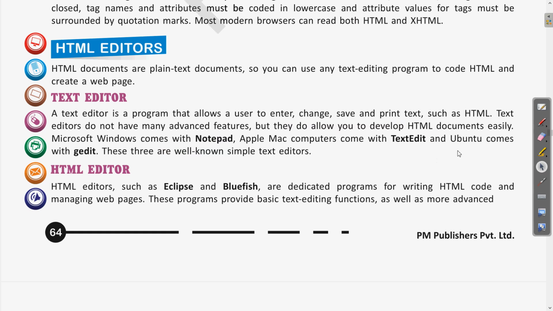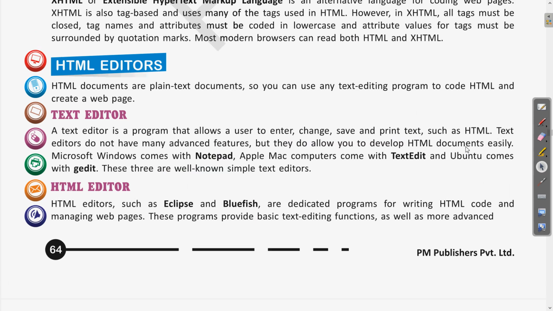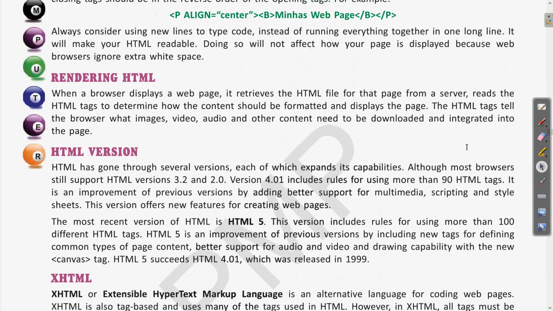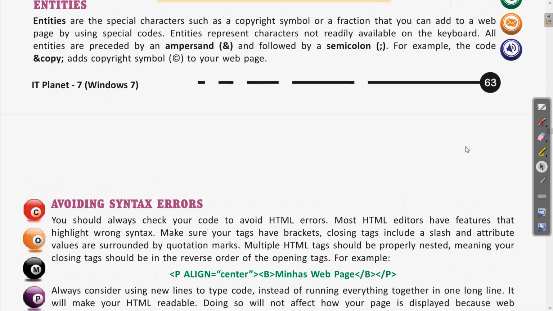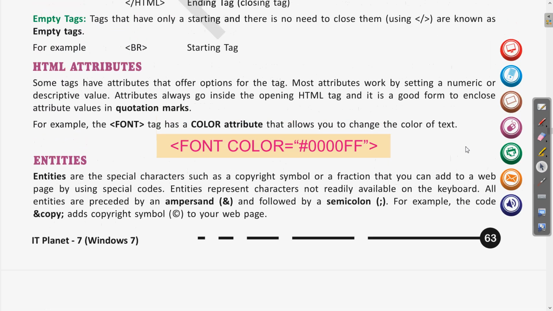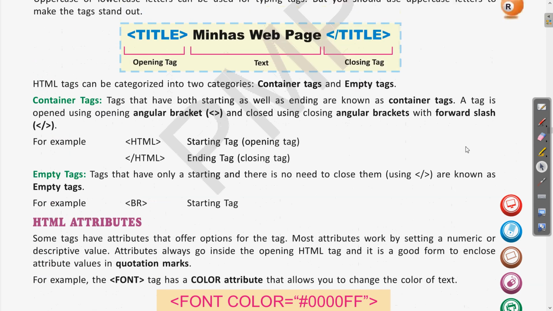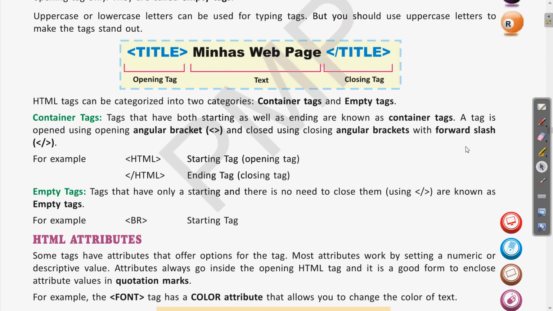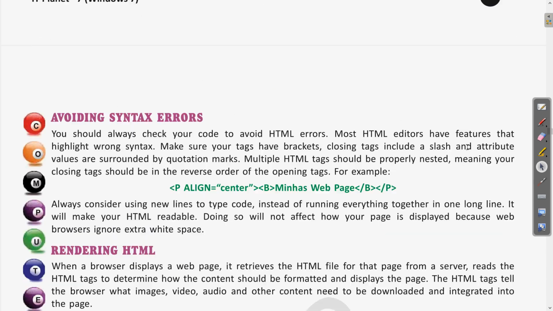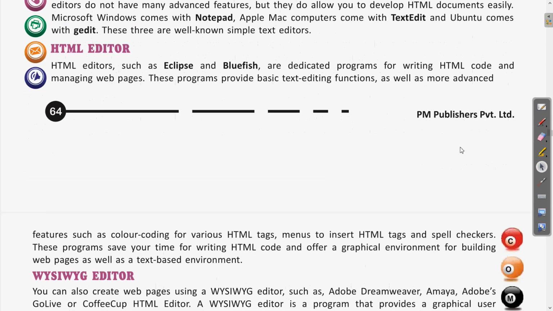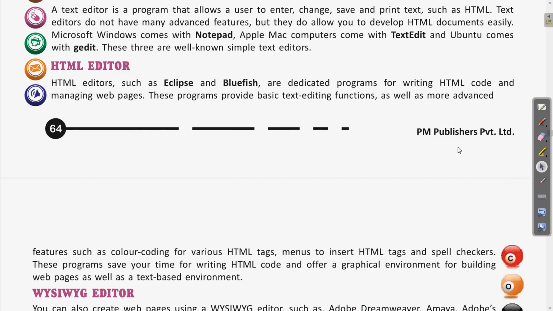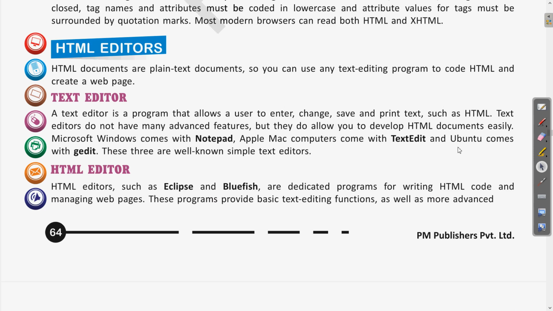So today we have seen the HTML editors, then the versions of HTML, then the meaning of container tags and empty tags, and what attributes and entities are. Revise all of these once again, and whatever doubts you have, we will discuss in the coming online session. Let us meet in the next class with further new topics and see the other applications of these HTML editors and the different browsers by using which we can see the output of these HTML programs.